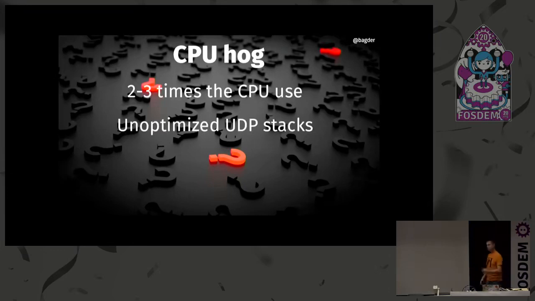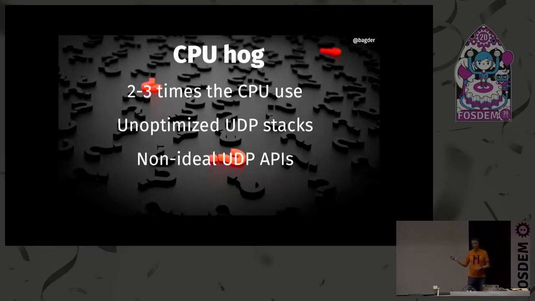But first, it has this amusing situation that UDP is really unoptimized in Linux, and you would imagine that UDP is really dead simple. Why would that be more inefficient than TCP? But we've actually been polishing TCP for decades, right? Because we've used that for high-speed transfers. UDP, not so much. So there's a lot of things to work on to make sure that UDP is faster in the kernels. And for example, we have really crappy APIs for UDP from user space. So they're really not made for high-volume UDP speed transfers. That is also being worked on.